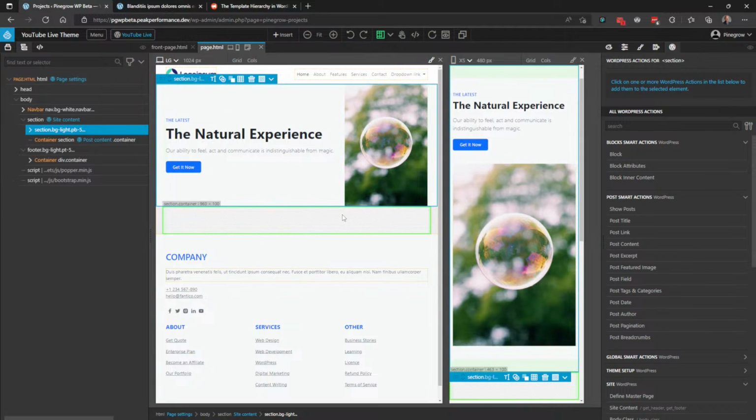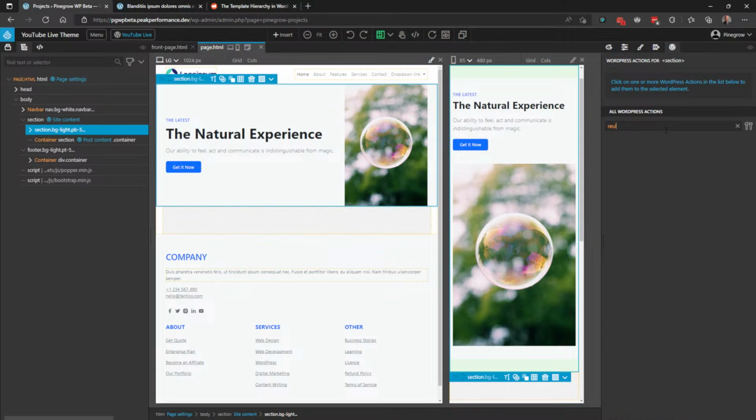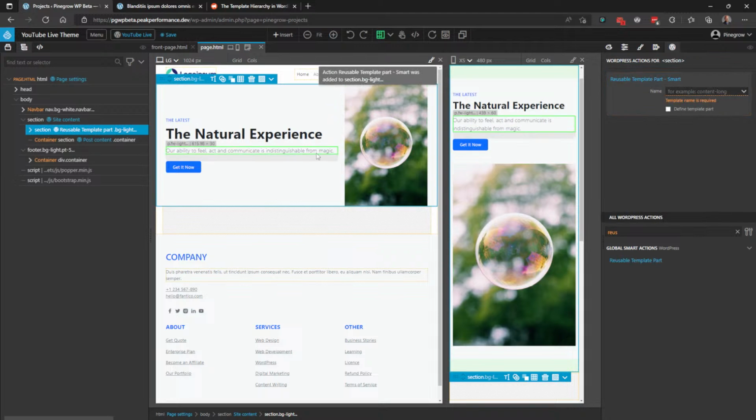But what I do want to show you is how to make a reusable template part. So we're going to make this hero section a reusable template part. We're going to create it once, and then we can just reference it on any other page, and it'll get reused like that. I'm going to call this